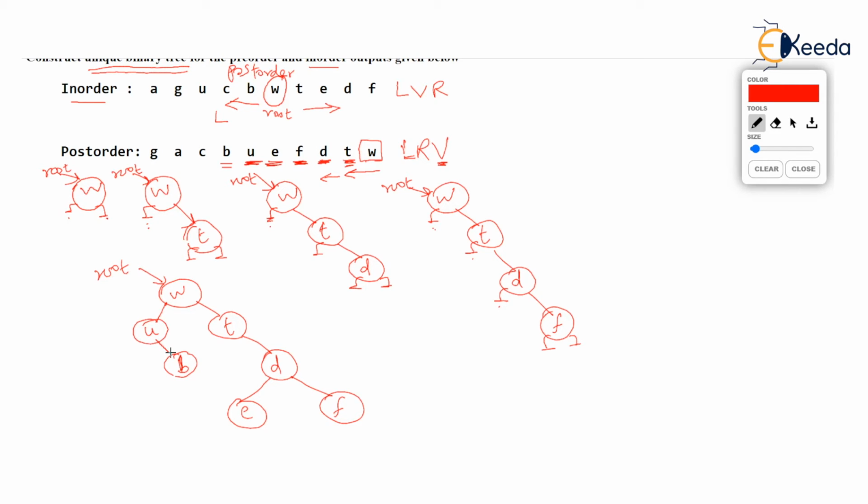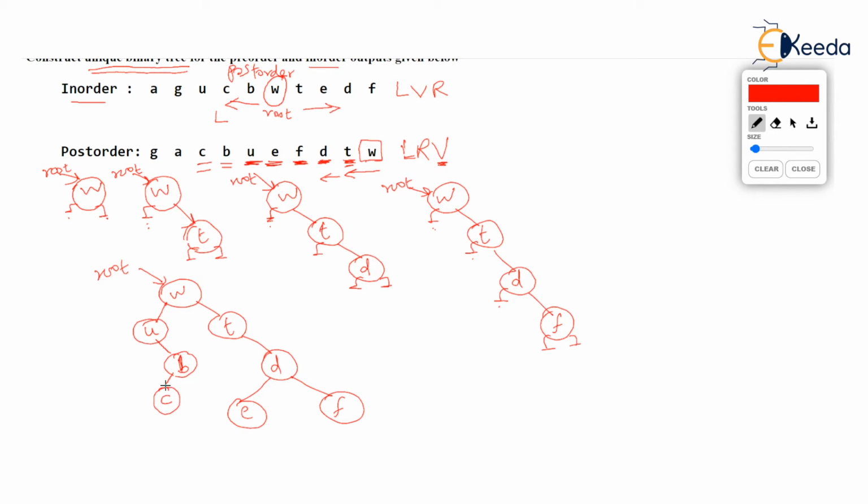Now let's come back by one position, that is C in the post order. Let's check from the root. W is the root in the in order. Clearly C is to the left of W. So C must go to the left of W, but left of W is U. So let's go to U and check the relation of U and the new value C. C is to the right of U. So C must go to the right of U, but right of U is B. So we will check the relation of B and C. C, the new value, is to the left of B, and left of B is vacant. So definitely C will be the left child of B.